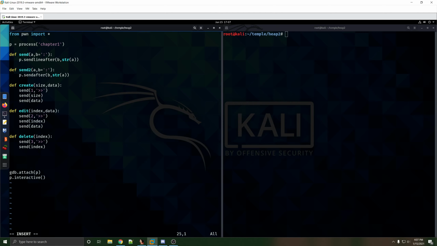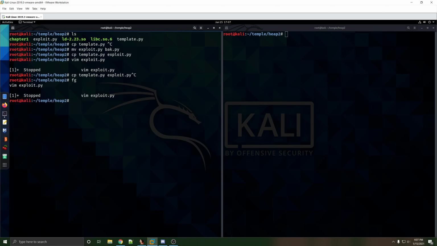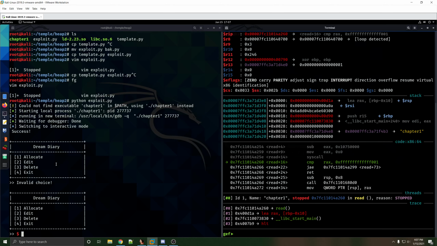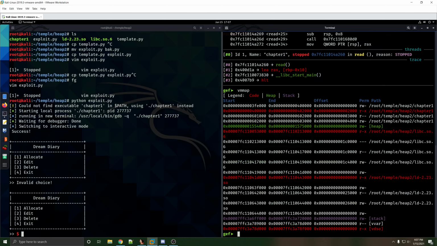What we're going to do is see what we're working with. Let's create two chunks of size 24, put in 24 A's, and create another one of B's. Whoops. Oh, it did keep the same size. Okay, so if we go into the heap,